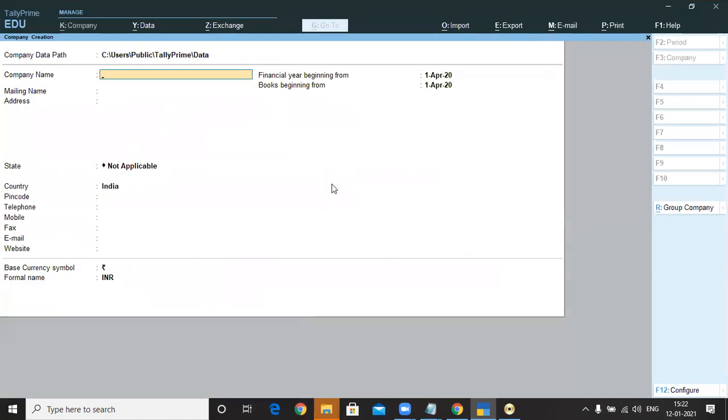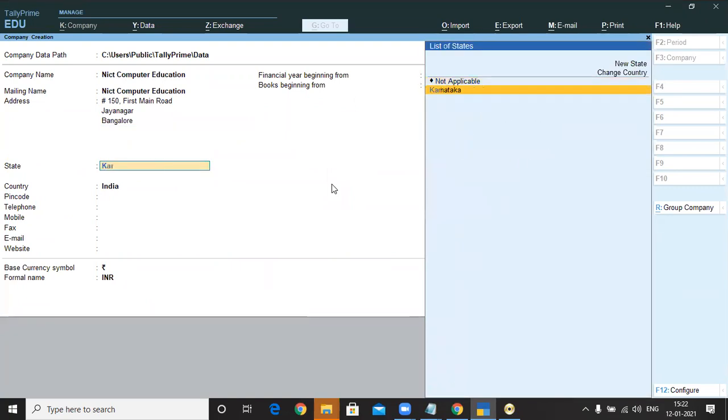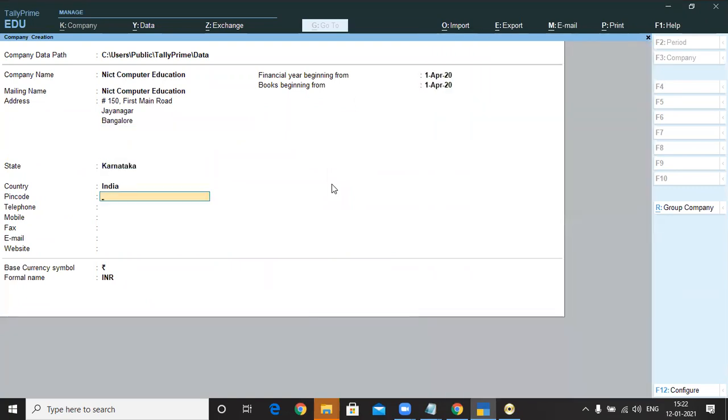Okay, I'm creating one company by the name of NICT Computer Education. Press Enter. Address number 150, first main road, China. Next, state is Karnataka. Country is automatically detected.